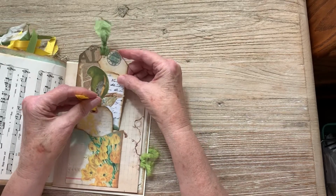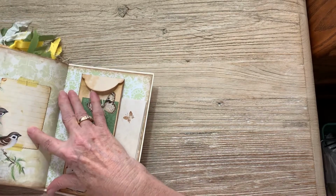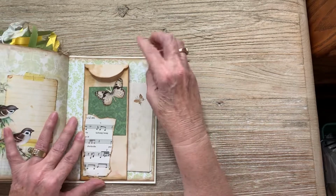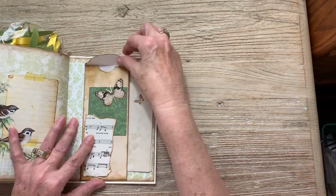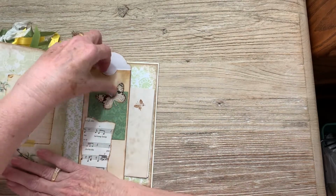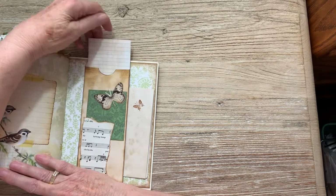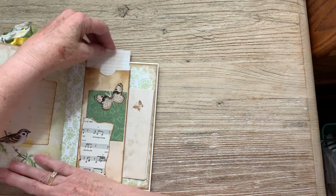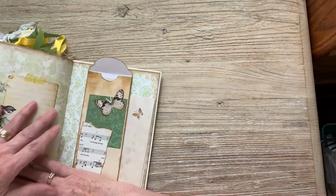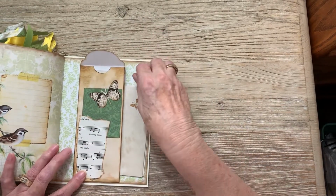And some pretty birds from the kit on that page. And this is the back. And I put a little freebie tall envelope that ARTYmaze gave us a long time ago. And I put a piece of paper inside that you can journal on. In fact, by the time you open that out, it's a pretty nice page to journal on. And I put a little bit on the front of it,